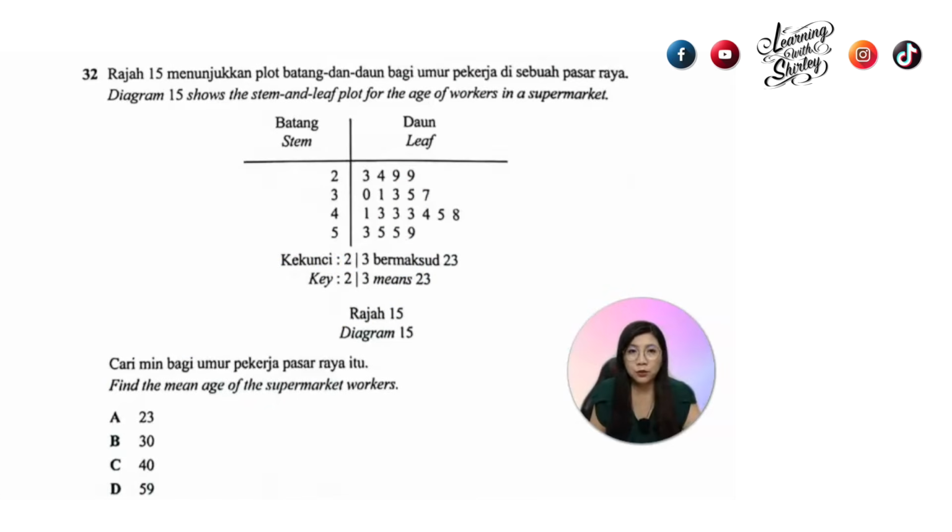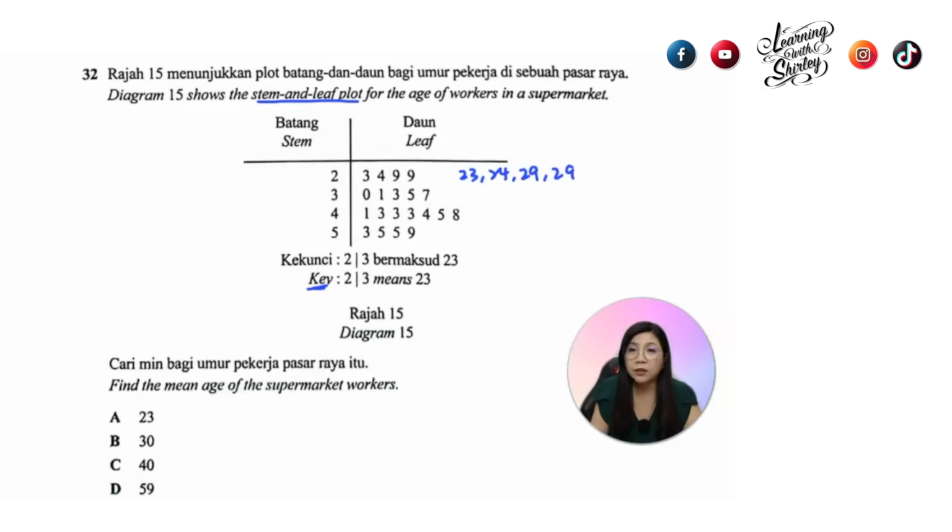Let's look at question number 32. Diagram 15 shows the stem and leaf plot for the age of workers in a supermarket. So we have stem on the left and leaf on the right. So what does this mean? You see at the bottom here, there's a key. 2/3 means 23. So which means that here we have 23, and then we have 24, we have 29,